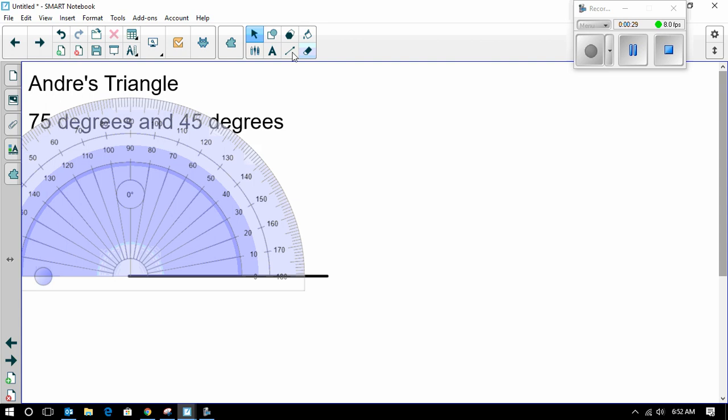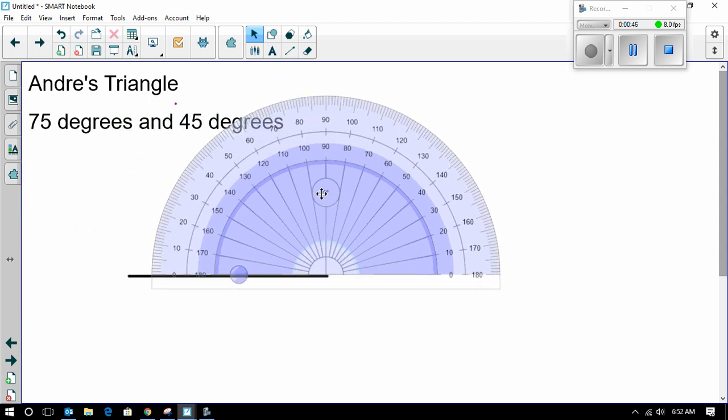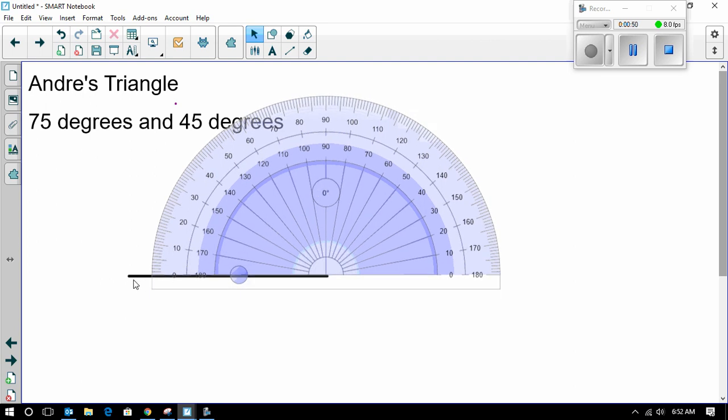And if I'm going to do 75 degrees, I'm going to go up 10, 20, 30, 40, 50, 60, 75 would be about there. And then I'm going to take my protractor and go to the other side here. So line up my center, make sure my 0 line is on my segment, and this time I want to go 45 degrees. So I'm using the outside of this actual protractor, so it's 0, 10, 20, 30, 40, 45